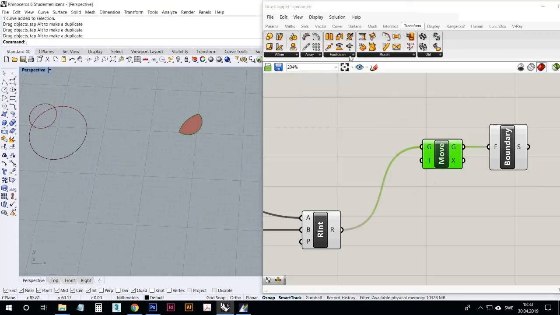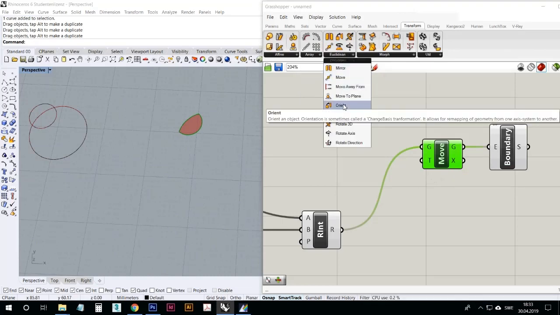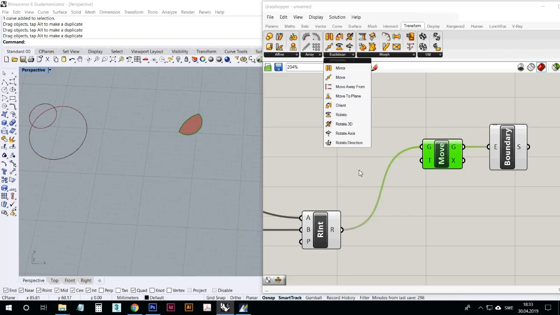It's actually this one. You can orient things, that means moving them from one plane to another plane, which can be made then on numerous planes, for example. And here are also the rotation components. So practically the whole transform section is to reposition or arrange objects or even stretch things and morph them, which you see here in the next section, which means that